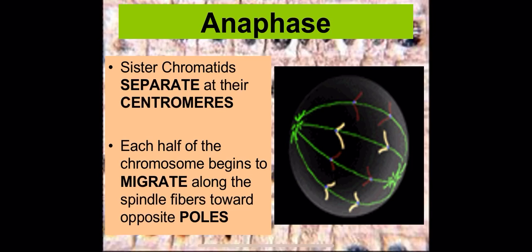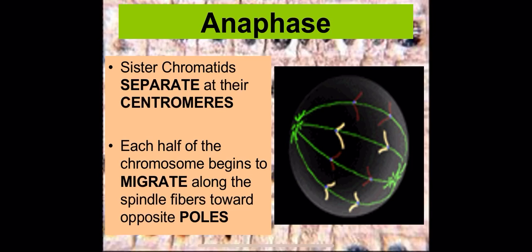the chromosome has separated at the centromere, and now you have two identical halves. And each half is going to go to a different pole. So half goes to the North Pole, half goes to the South Pole, and creates a division, an empty spot in between the two, which is eventually where the cell is going to cut itself in half.